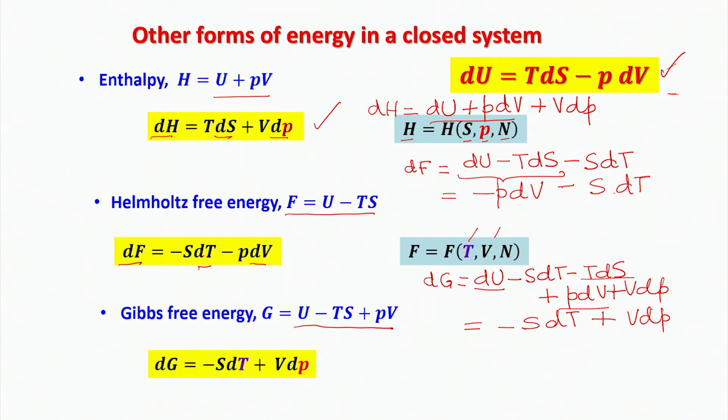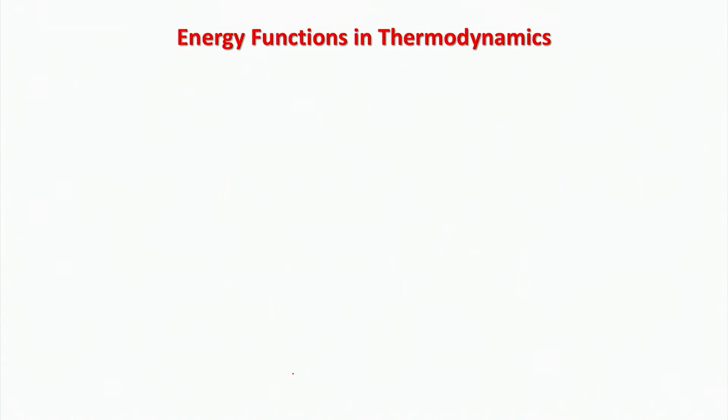Now what I find here is that the variation of G, dG, depends directly on dT and dP. Therefore, if I specify the equilibrium state of a system in terms of the temperature and pressure, then I can directly look at the change in Gibbs free energy as a function of dT and dP.